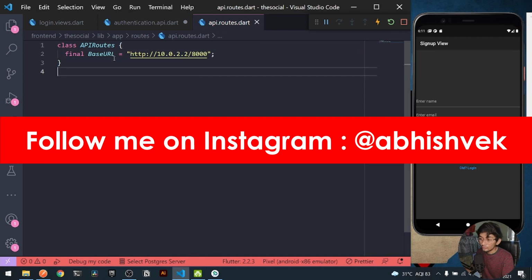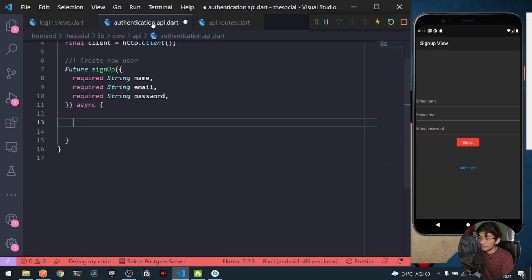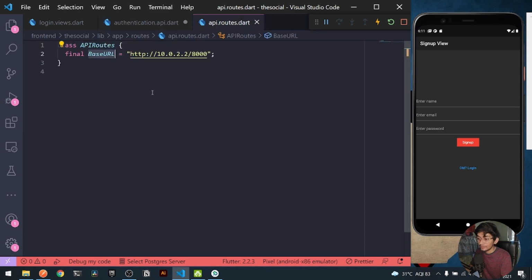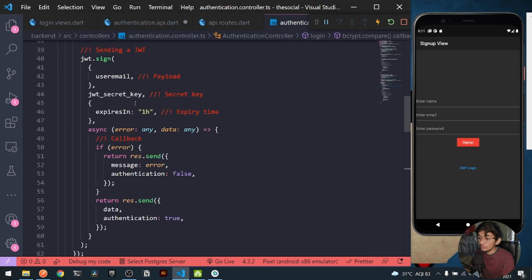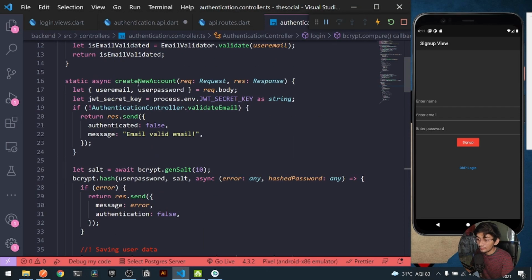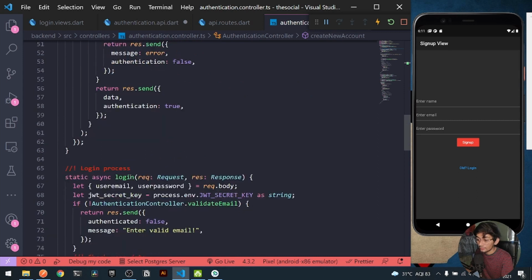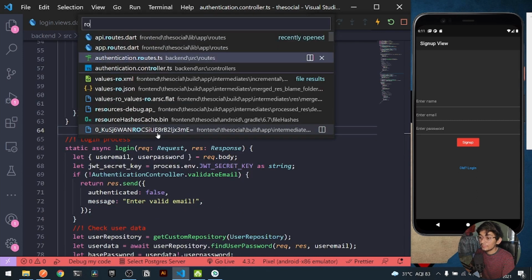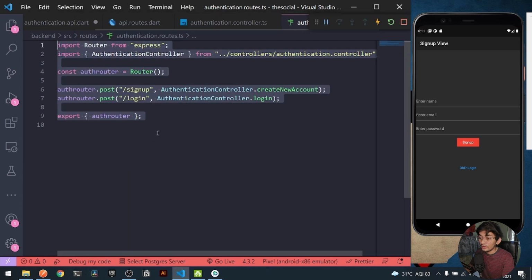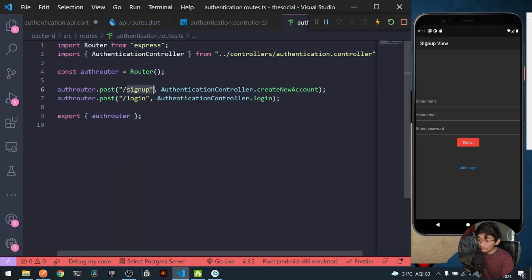So now I will be accessing the particular base URL. After having the base URL, we are also using the particular route. For now if I go under my authentication controller, here you can see the methods to create a new account or login, that is the login method, is accessed through a particular route. If I go under my authentication routes, here you can see I have routes with sub URLs for sign up and also for login.